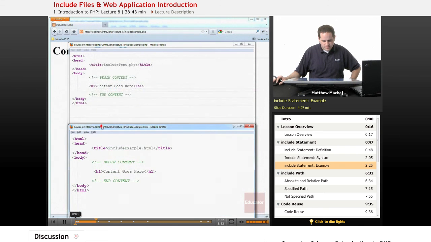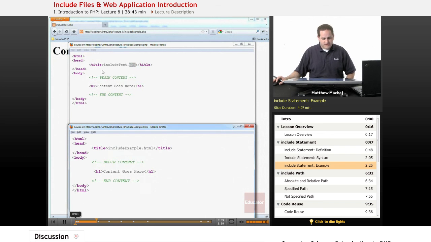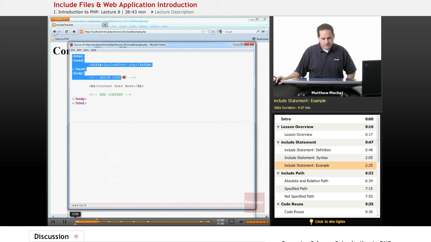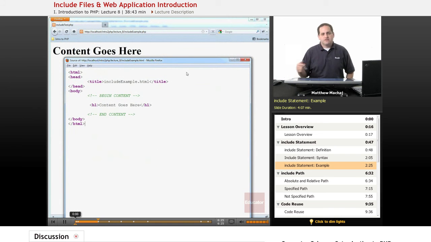So here you can see, the only difference being that in this one I've changed the title to .php because it's a different file name. But basically what's happened is, in this file, PHP has inserted the contents of header.html at the beginning. It inserted the content that was in the main file, which was include test.php, and then it output the footer information, which was contained in footer.html. So as you see, it has the desired effect of creating the same